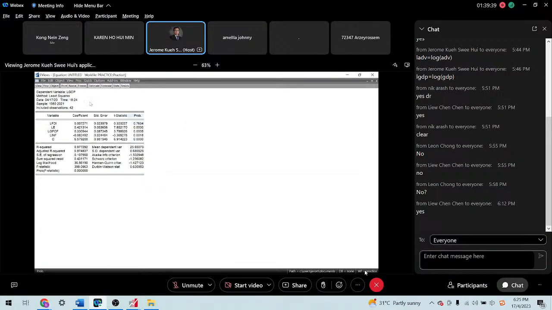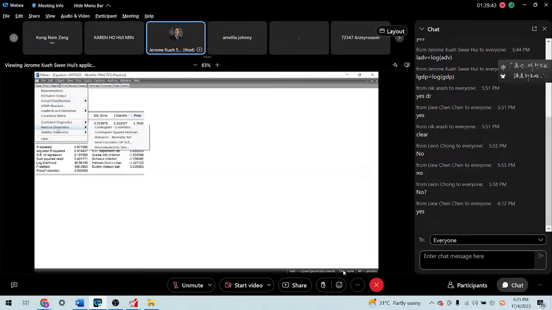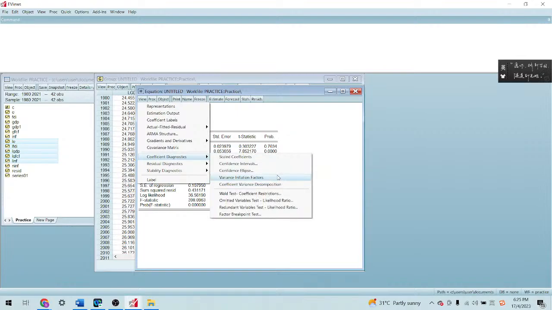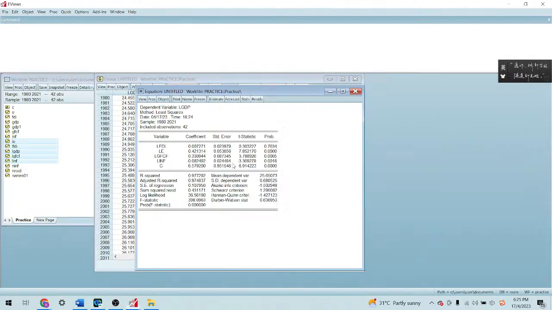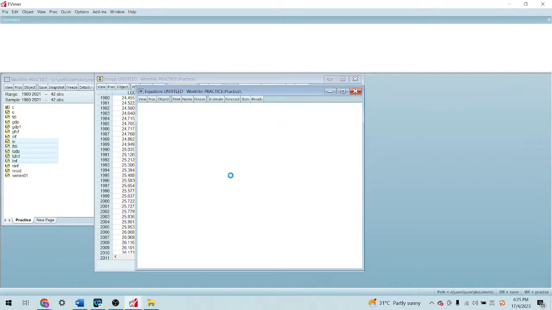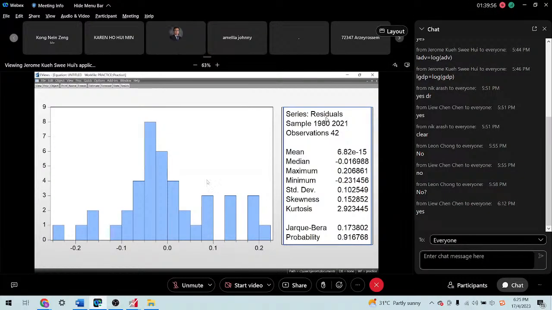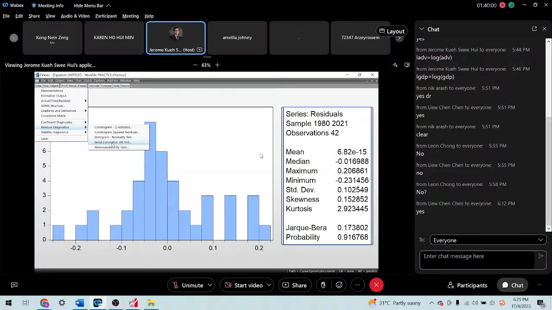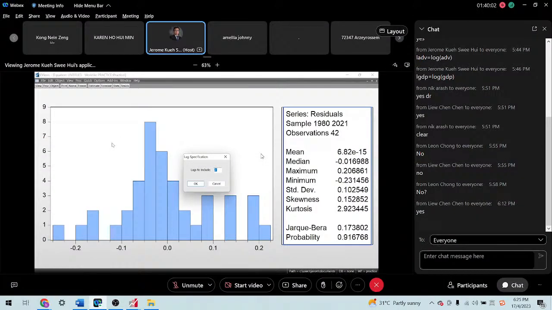Right? Now we can also try to look at the diagnostic tests, for example the residual diagnostics for the normality test. Click. Again, we do not reject the null hypothesis, which means that the residuals are normally distributed. Again, try to use the serial correlation LM test at 2 lags.